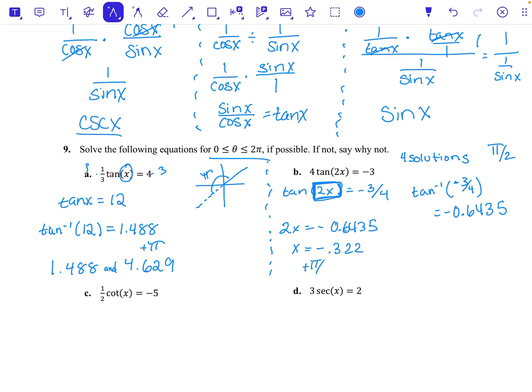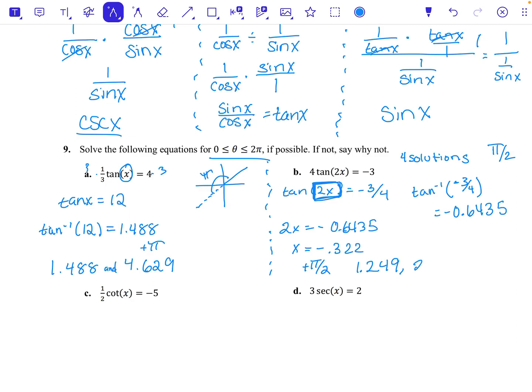Because every pi over 2, we're going to have a new period come along. Tangent's sort of unique in that way, where I don't have to necessarily set up my second angle, because you have multiple periods within one trip around the unit circle, and that's why you get the multiple solutions. So if I keep adding that period of pi over 2, I would end up with the solutions of